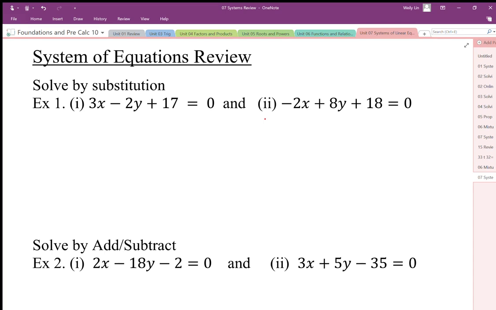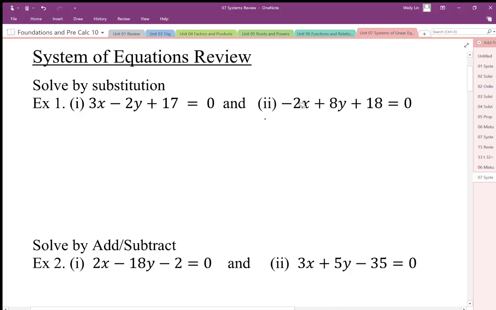Systems of equations can be solved either by substitution or by addition subtraction. The first one here we're going to solve by substitution. So we're going to look for a variable to isolate, and then we're going to substitute that variable into the other expression. So in this case, looking at the coefficients, it looks like it'll be easy to solve for